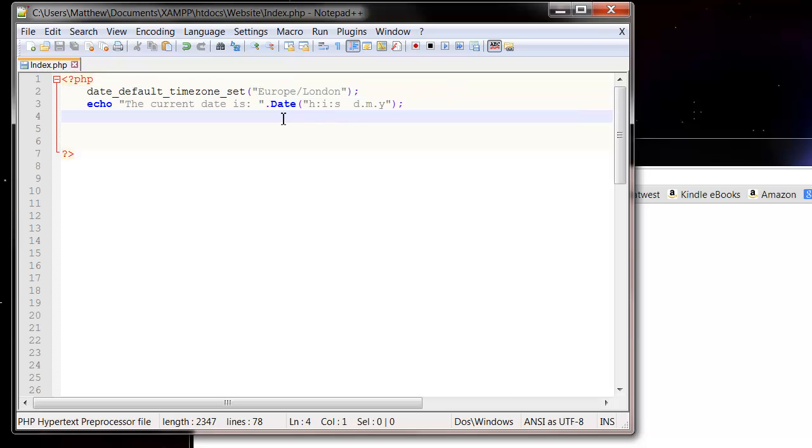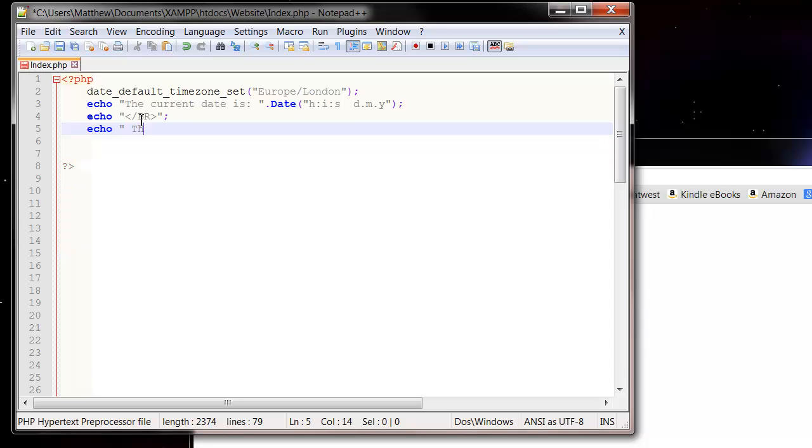If you want to put in tomorrow's date, say, then we just need to go, let's echo a break first, so echo break, and then echo the date tomorrow will be, and then we put date, open bracket, and then we'll put in our format as just day dot month dot year,